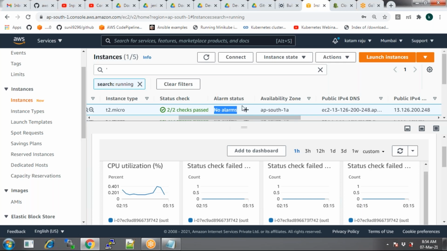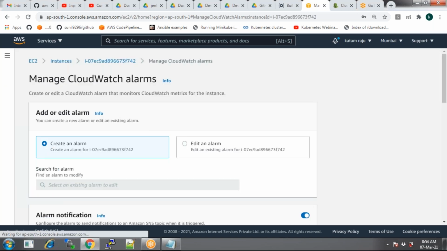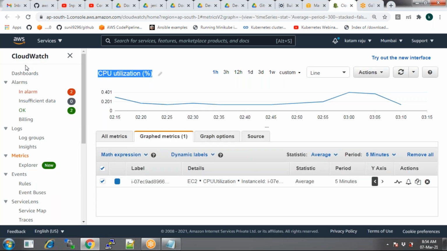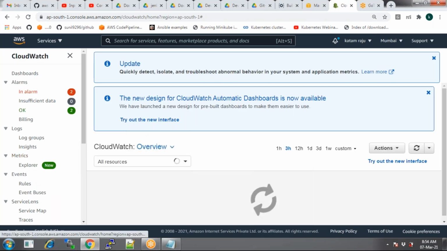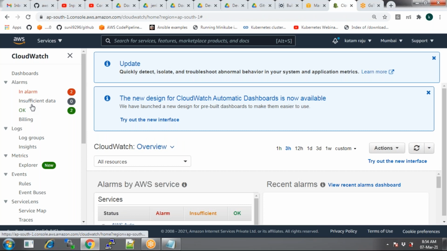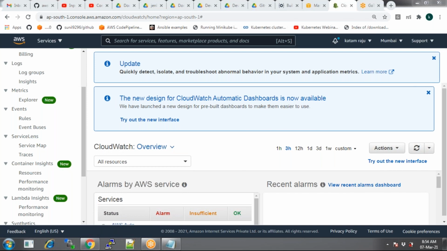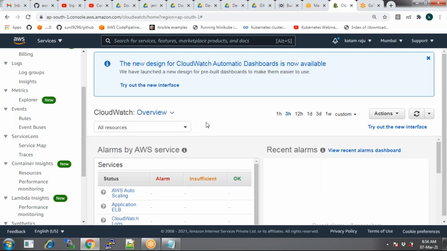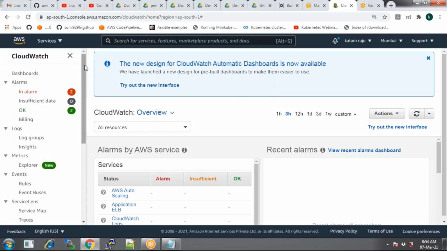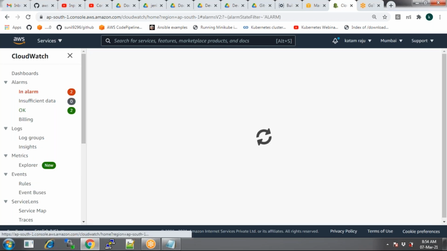Just click on that plus, set up the alarm. You see that I'm setting up the alarm from EC2 itself. I don't need to go to CloudWatch, though you can do it there too. See, this is my CloudWatch, and you can create a CloudWatch alarm over here. So where is that option? There might be an option over here to create an alarm. In Services, Alarms, somewhere here.